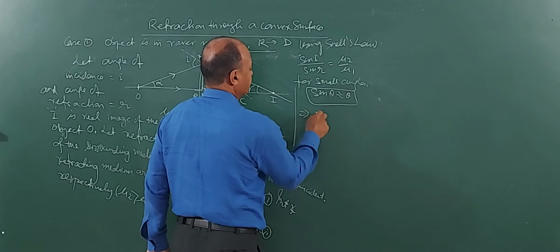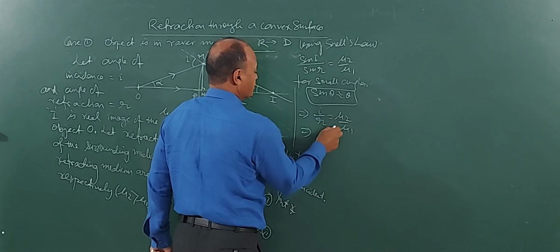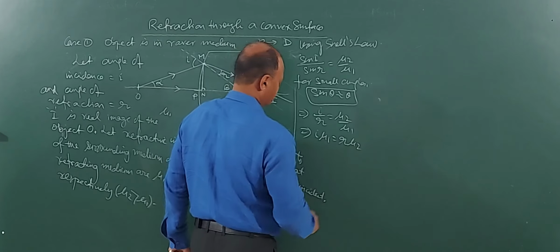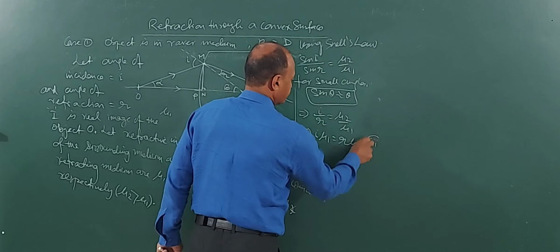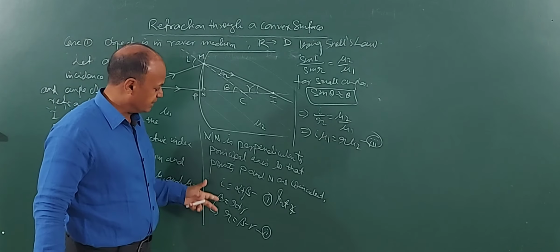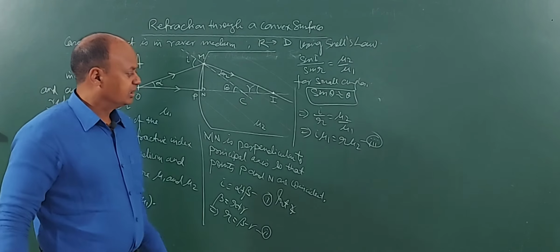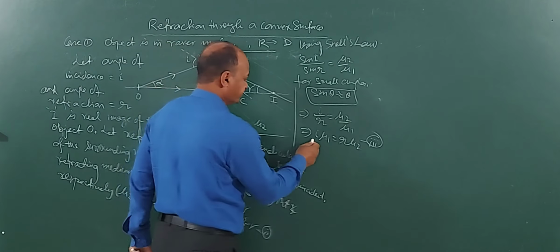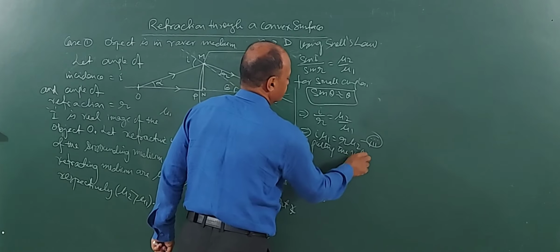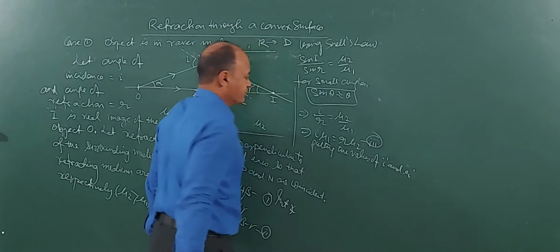So therefore, I can say I by R is equal to mu 2 by mu 1, and by cross multiplying, I into mu 1 will be equal to R into mu 2. This is equation 3. So I got the relations here for I and R. I equals alpha plus beta and R is equal to beta minus gamma. So substituting the values of R, putting the values of I and R, children, how much do you get?